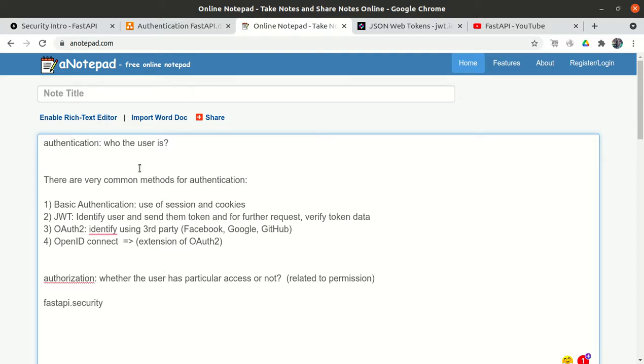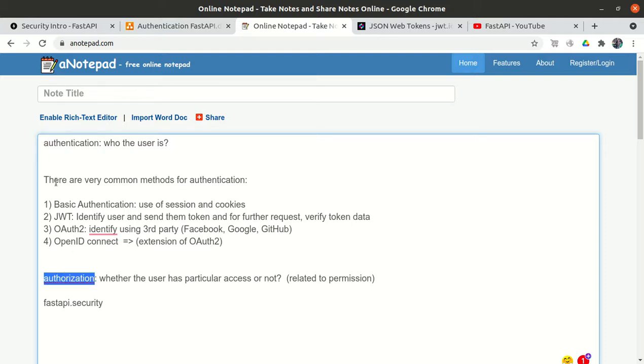Like whether you are the actual user or not. Okay, so that is the authentication. And the authorization part, we will implement when the user is trying to update or delete an item or a post of any other user. So even to implement authorization, we have to implement authentication as well. So this is the difference between authentication and authorization.